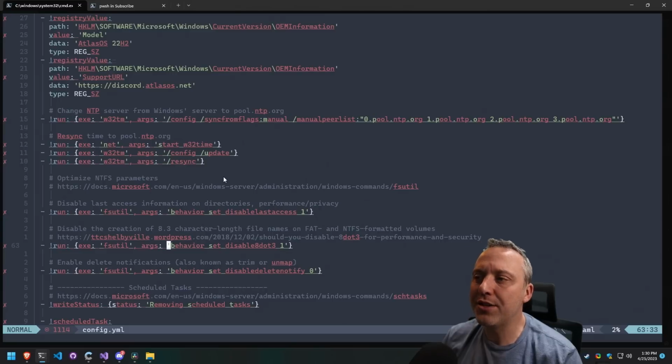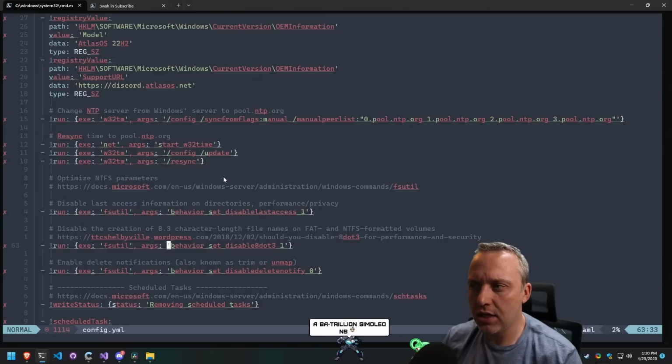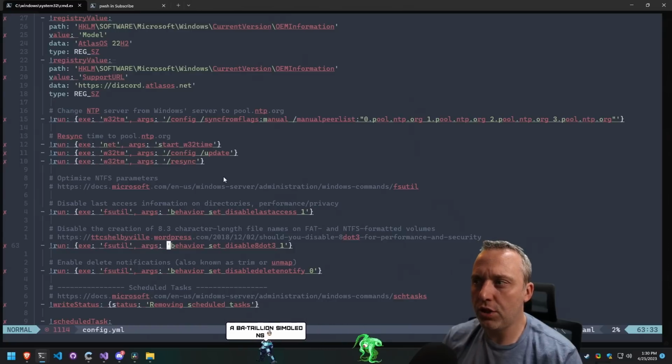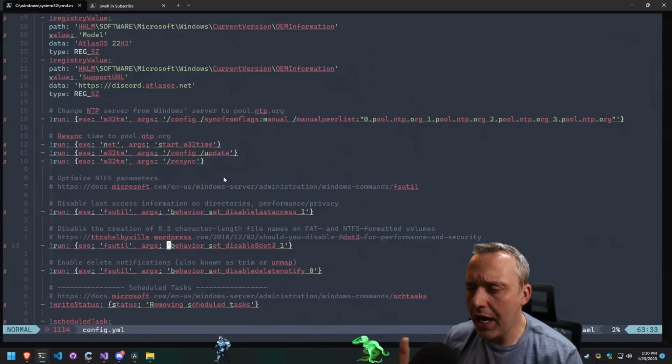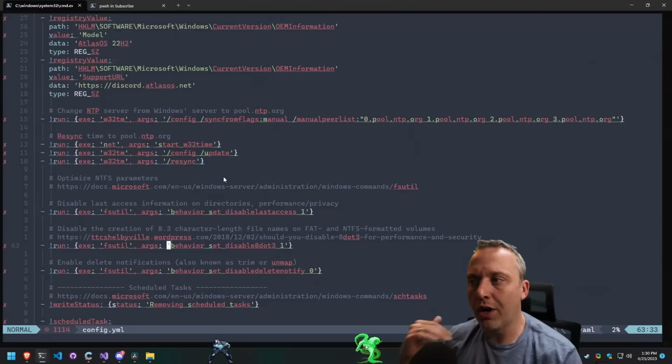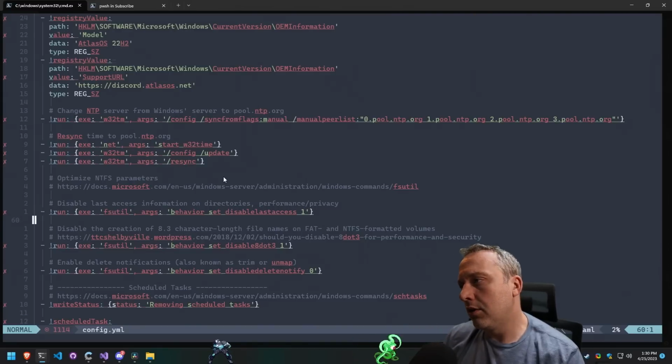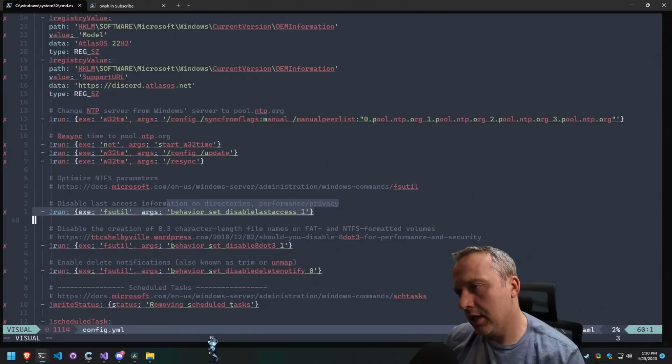If someone has access to your system and they're checking to see, you kind of want to know. And if it shows that it's you, you'd be like, wait a second, I didn't make that change. Is there something run away on my system? I don't agree with this tweak. I have problems with this. That's not good. Disabling last access, I don't think anybody would say that's a performance or privacy error, because it's